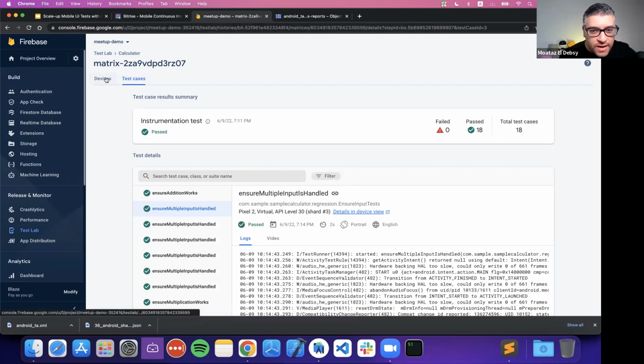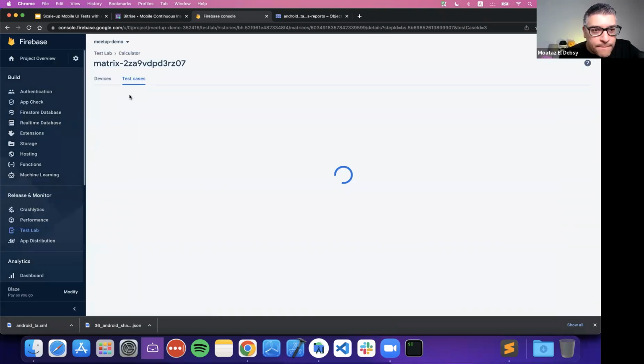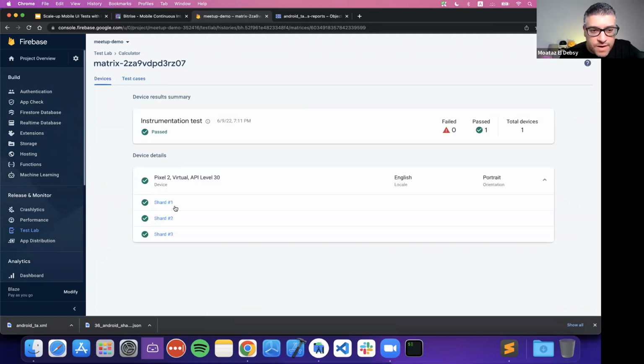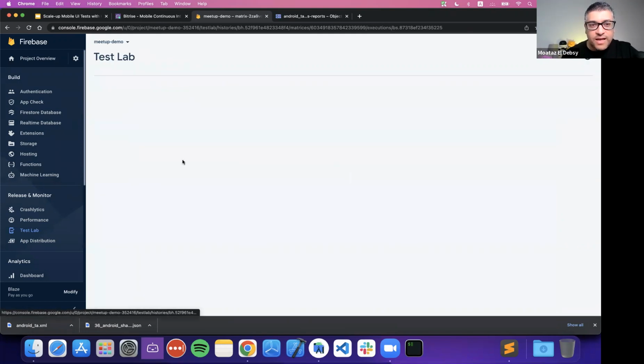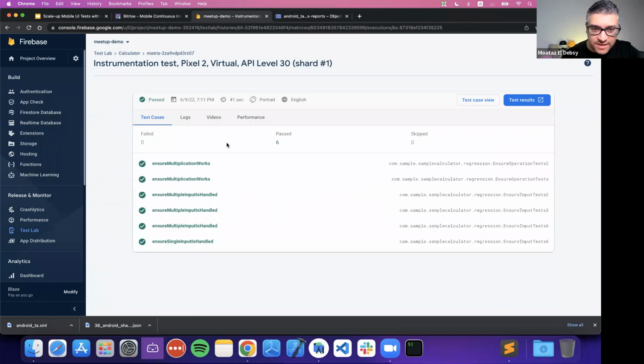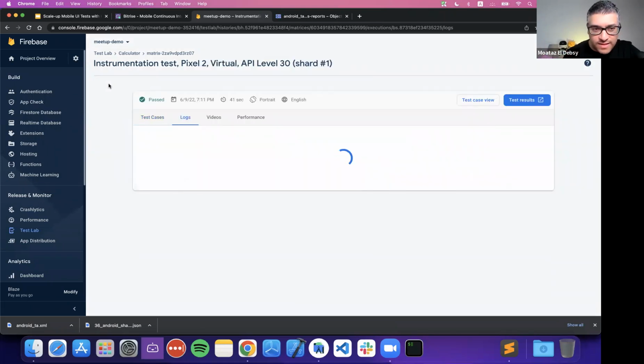So also let me just open, I just want to show you something. A device. Yeah, this is what I just wanted to show, it's the same concept of what we did manually. So here we have 3 shards because we already configured it. And if we open, we have 18 test cases. So it's already splitting them to 6 on this device, and each device has its own specific